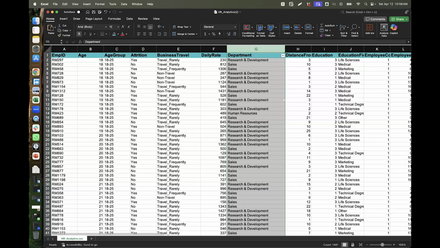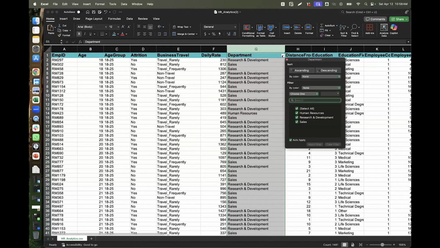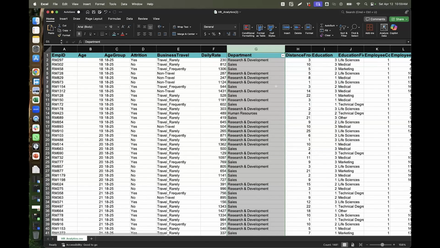The arrangement hasn't changed, but something popped up where my mouse is. Like a filter, an arrow popped up. Can we repeat it? You want me to repeat it? So I'll do Control Z now. Control Z allows me to undo what I've done before.